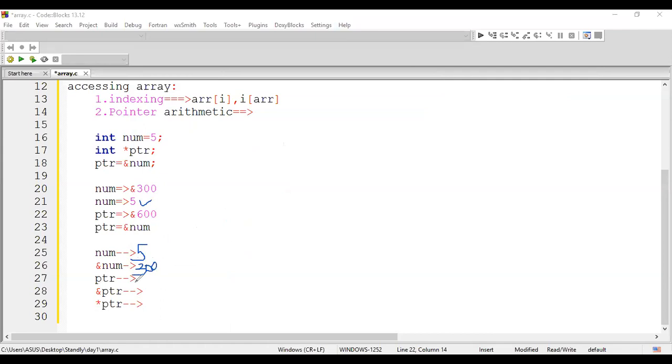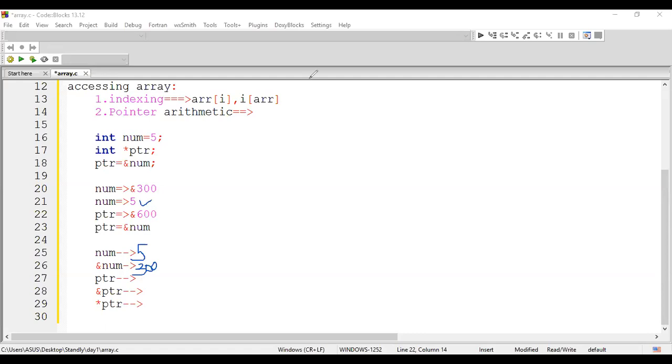If I print ptr, I can see different answers.